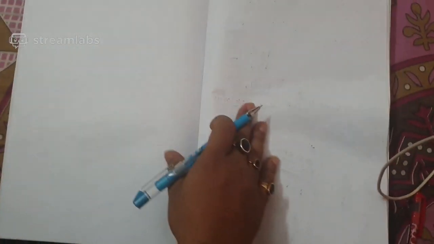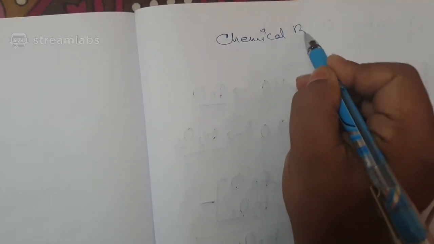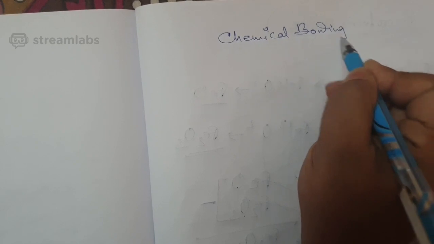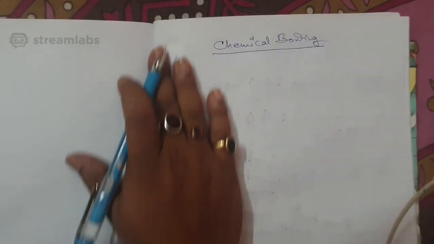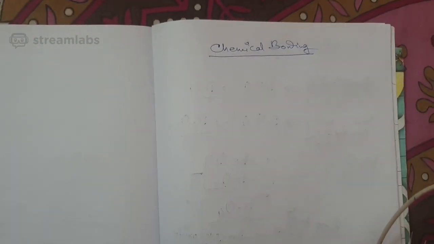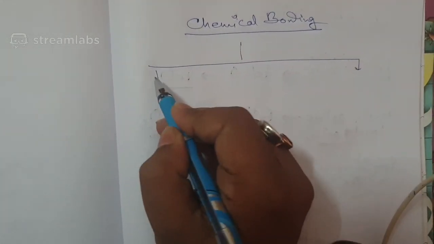Now a little bit we will understand about chemical bonding. You will say, sir, yesterday you told about chemical bonding, we have seen in the video. Today I will make you understand how chemical bonding occurs. It is very important to understand at this stage how chemical bonding occurs and what are the types of chemical bond. A little bit of hint I had given yesterday that chemical bond or chemical bonding is the force